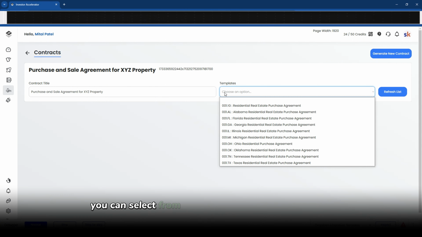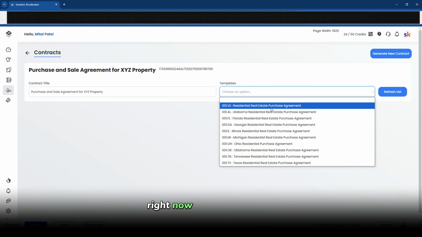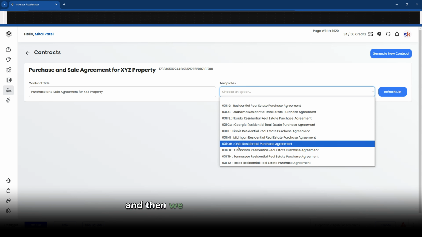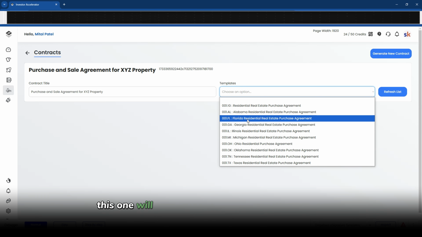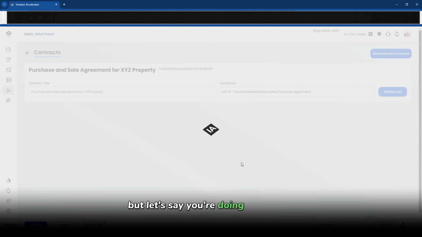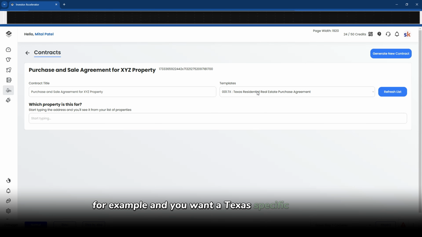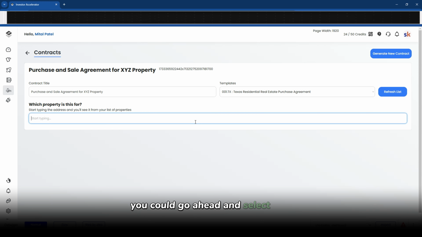And then you can select from a template that we already have. Right now we have a couple. We have a general residential one, and then we have one for every state. We will add the rest of the states in here, but let's say you're doing it in Texas, for example, and you want a Texas-specific contract for purchase and sale agreement of a residential property. You could go ahead and select that, and then all you do is search up a property in your system. So I'm going to just do